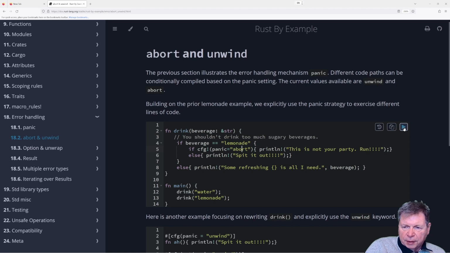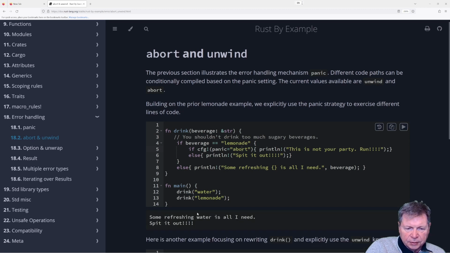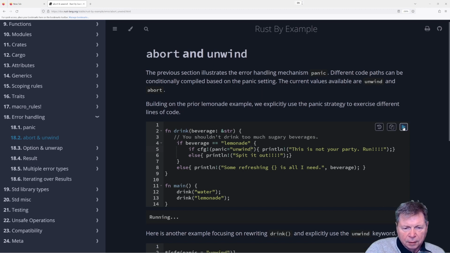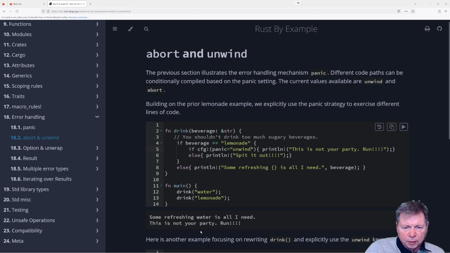So if we run this and panic is abort, it's not equal to abort, spit it out. If it's unwind, let's run that one. Not your party. Okay, so panic is unwind by default, I guess, because we've got it being unwind.